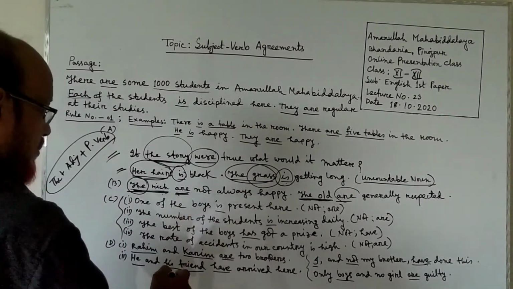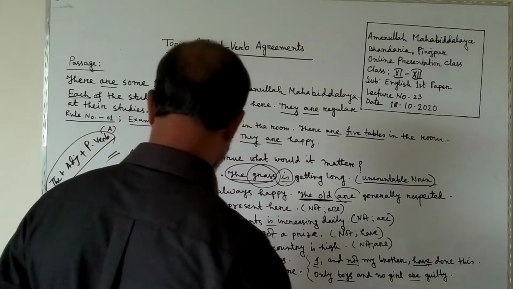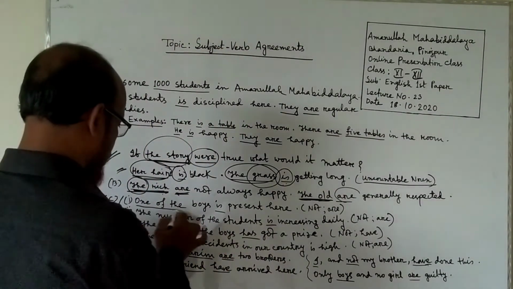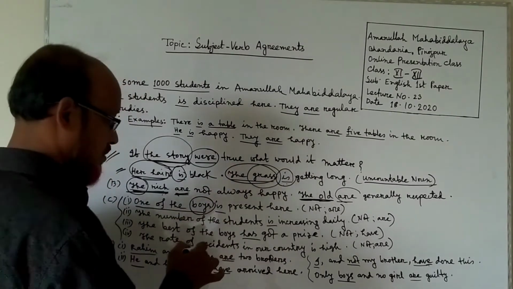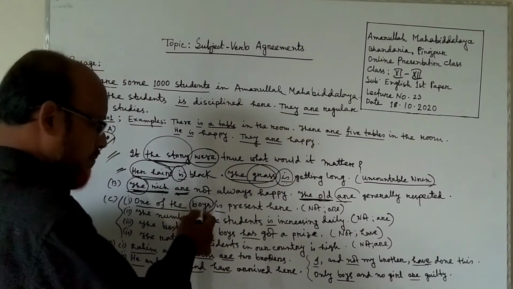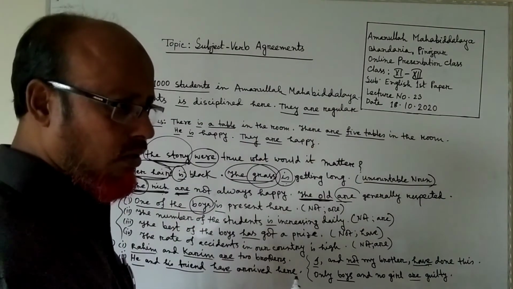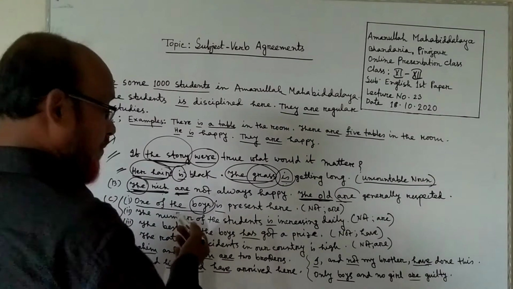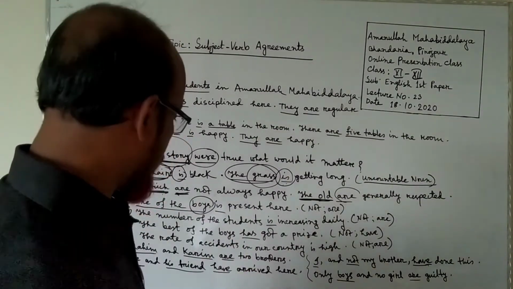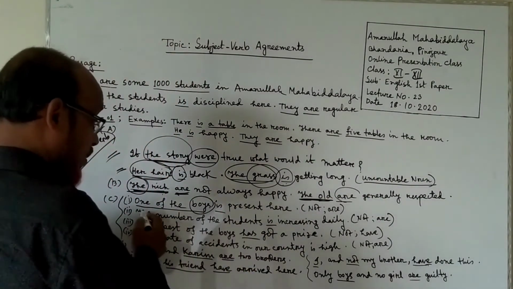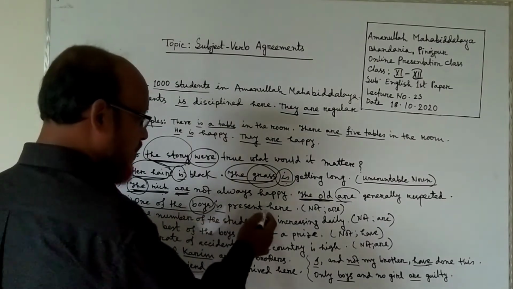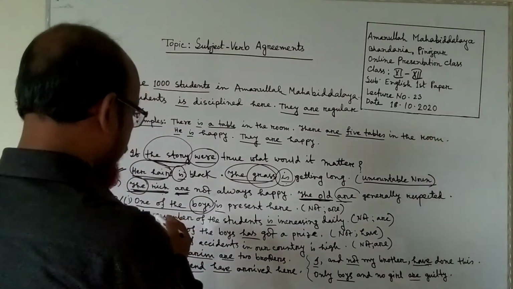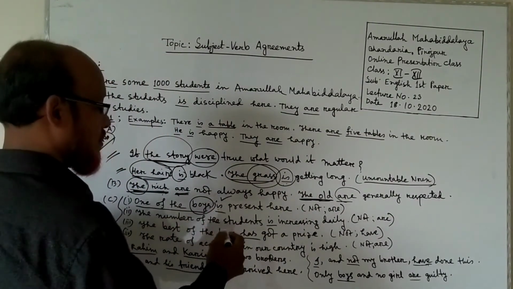One of the boys is present here. In that case, if we analyze the sentence, one of the boys, here we used boys, it may be singular or plural, we may be confused. Sometimes we may be confused whether it is singular or plural, but one of the boys is present here or are present here. Here, the accurate answer is